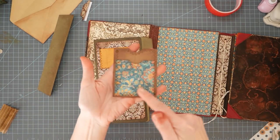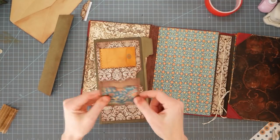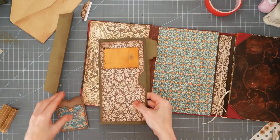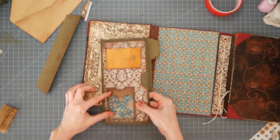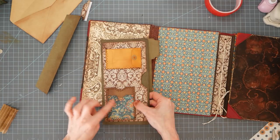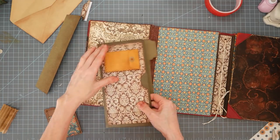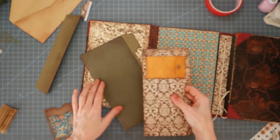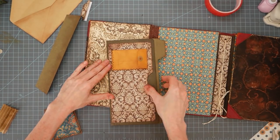I went ahead and sewed both of these two together because what I'm going to do is sew this to here, and then I'm probably just going to glue this on because I was afraid that the zigzag around here wouldn't catch the blue one too. But I did sew this one on and I left it as a little flippy flap. So this one